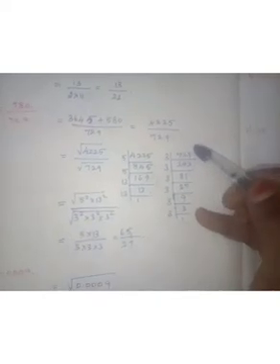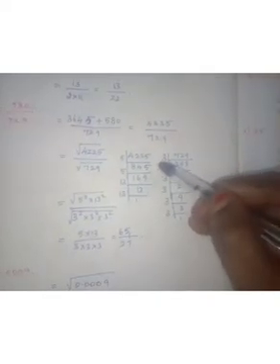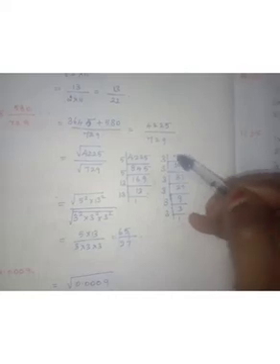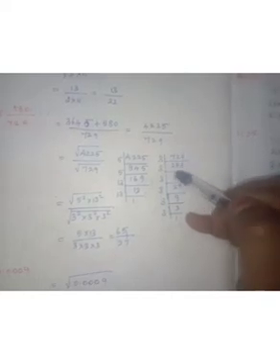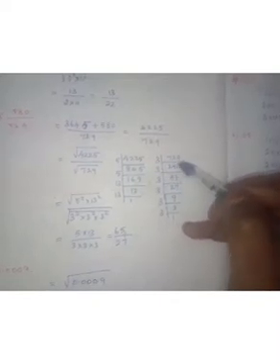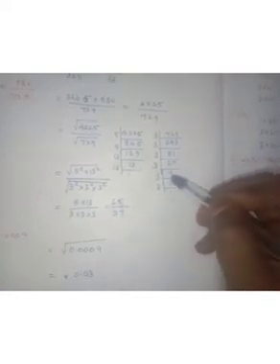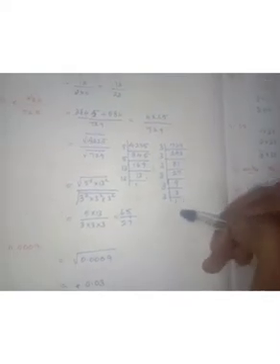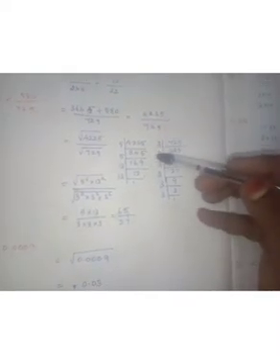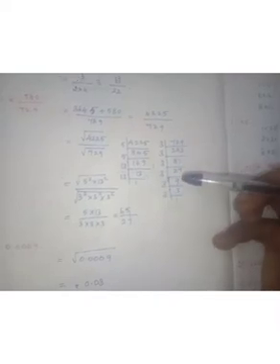The denominator 729 ends with 9, so I will check in the 3 table. In the 3 table, 3 2s are 6, the remaining 1 gives 12. 12, 4 times, and 9, 3 times. Again the 3 table, 24 you take because 2 is not possible to divide. 24 is 8 times, 3 one time. 81 is in the 3 table, 3 2s are 6, the remaining 21, 7 times. 27 in the 3 table, 9 times. Again 3 table, 9, 3 times. Again 3 table, 1 time. So this one takes 3 square, 3 square, 3 square, because this is a square root.